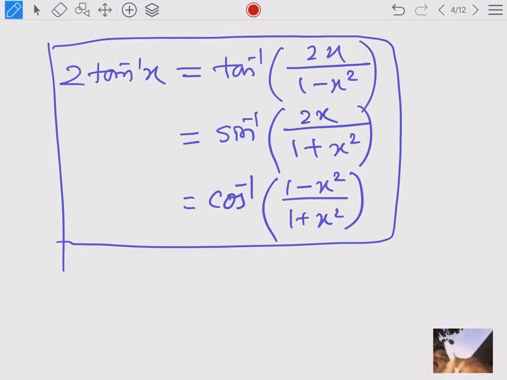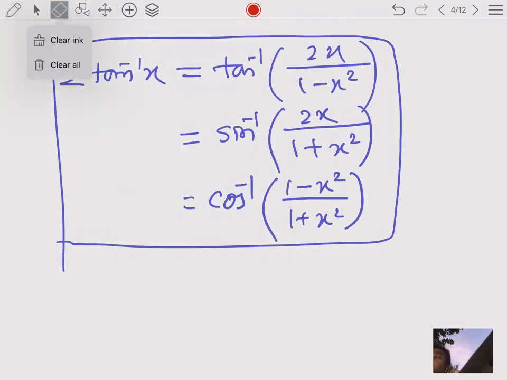So I hope you all note this formula, and you already have this formula in the book, but you have to practice more and more. You have to practice in writing, then this formula will be memorized and the problem will be solved. Any type of problem will be solved.